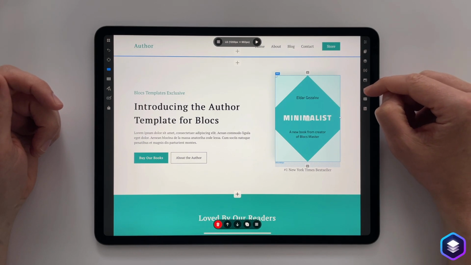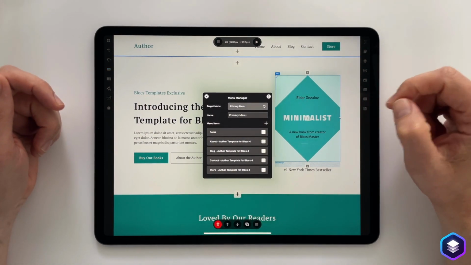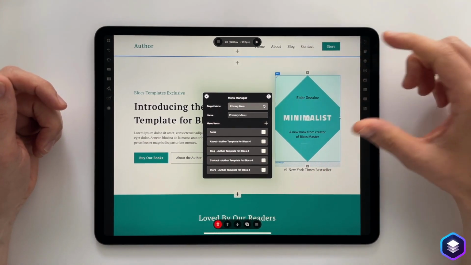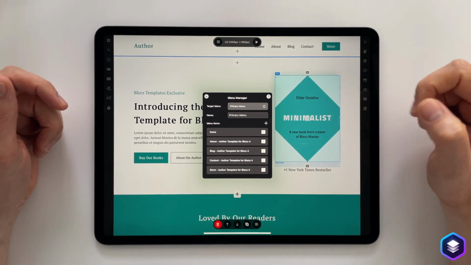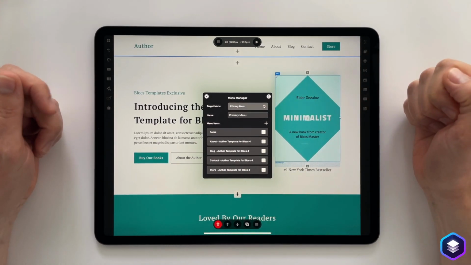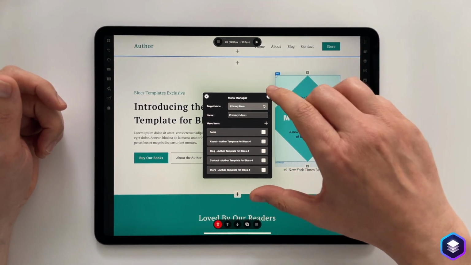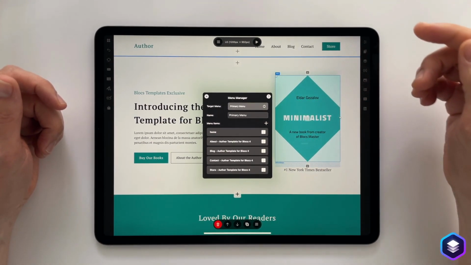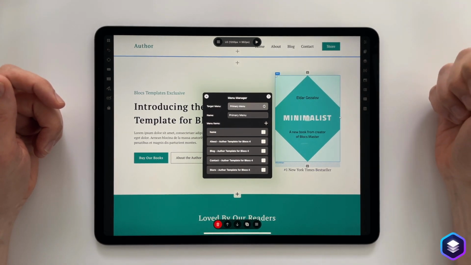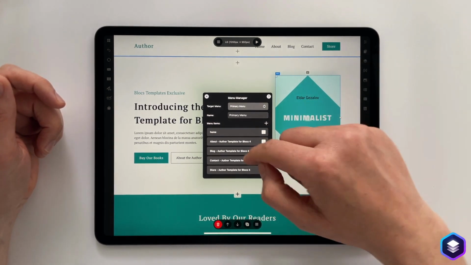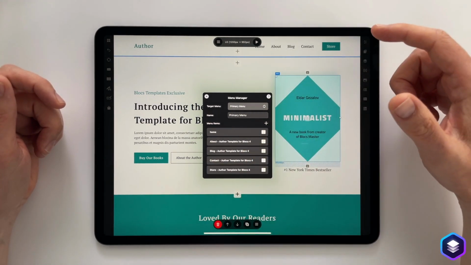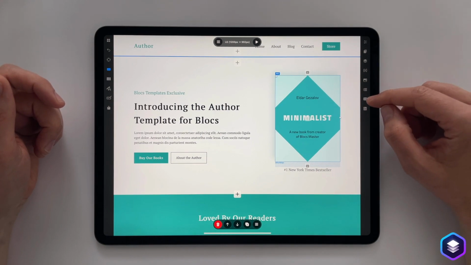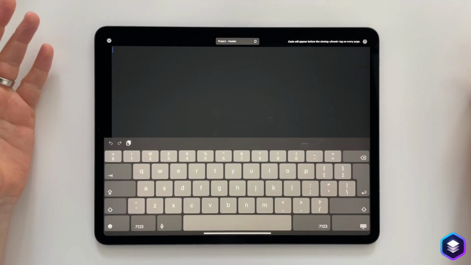Next, the menu manager. Now the menu manager opens in a modal window. It's not a floating window like the rest of the controls. And the reason we've done that is we feel this part of the Blocks system isn't something that we're always tweaking or having to interact with, unlike, say, the class manager or the class editor. So this window is a simple pop-up, and we can do everything that we can do on the Mac here with the menu manager.